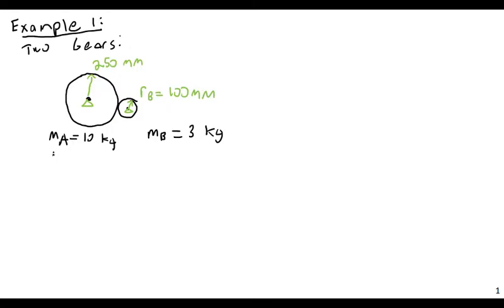And then the radius of gyration of gear A, KA, is going to be 200 millimeters, and KB, the radius of gyration of gear B, is going to be 80 millimeters. And I'm also told the system is at rest